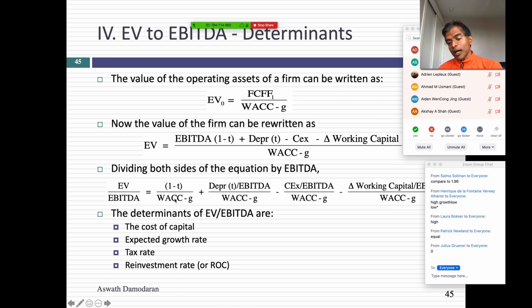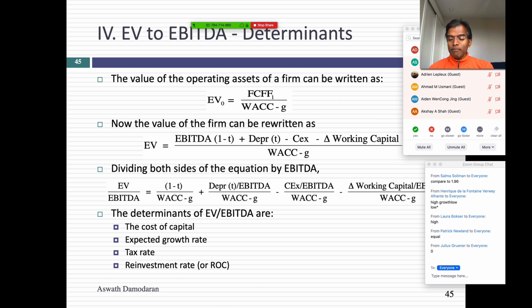The higher your cost of capital, you're an emerging market telecom company, you should trade at a lower multiple of EBITDA than if you're a developed market telecom company. If you're a high growth telecom company, you should trade at a higher multiple of EBITDA. And see these three variables in the end? They consolidated, basically capex, depreciation, working capital consolidated is your reinvestment. Holding all else constant, if your company has a low reinvestment rate or a high return on capital, you'd expect it to trade at a much higher EV to EBITDA.